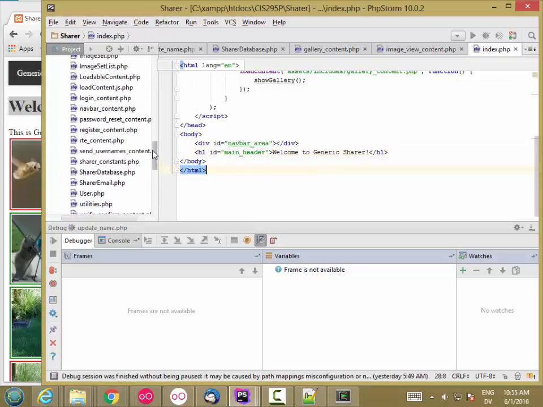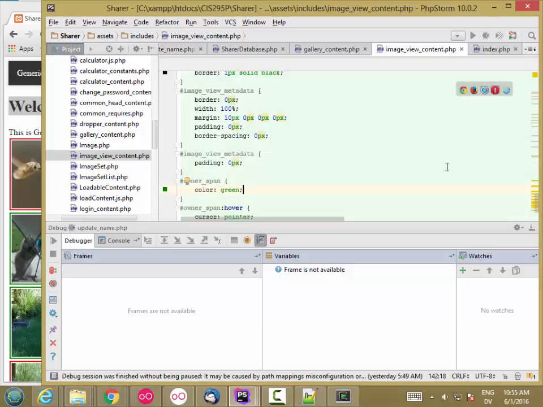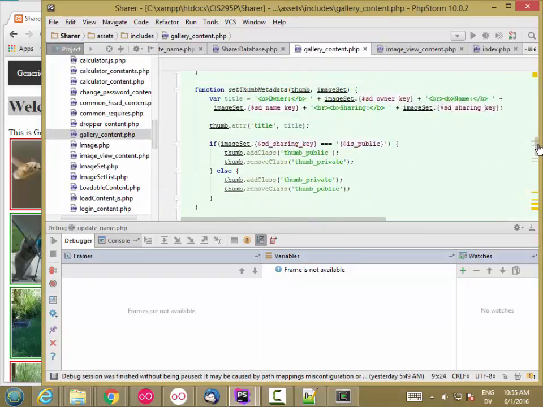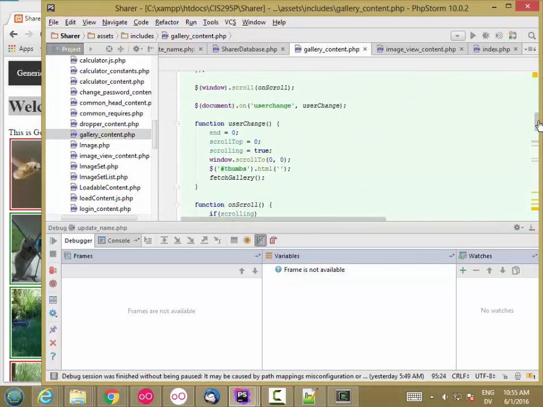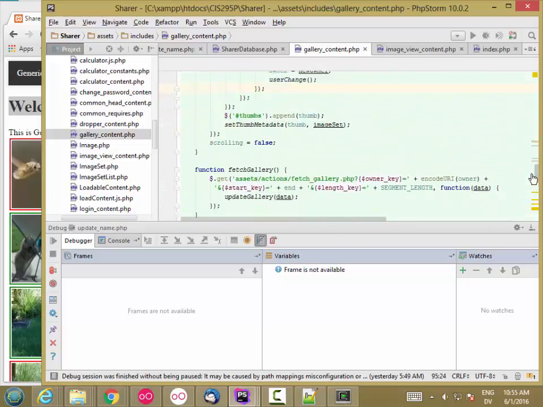And then in my change user, in gallery content, actually I'm going to put this in fetch gallery. So in fetch gallery,